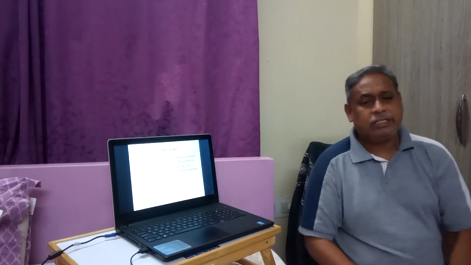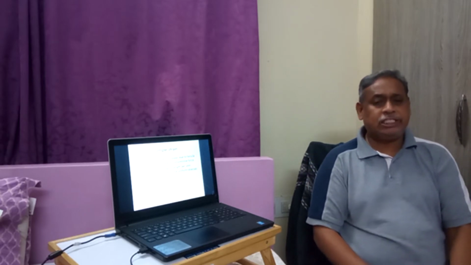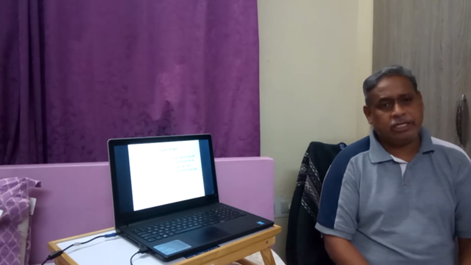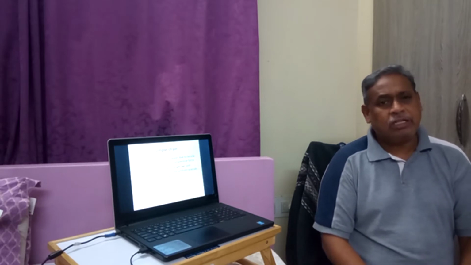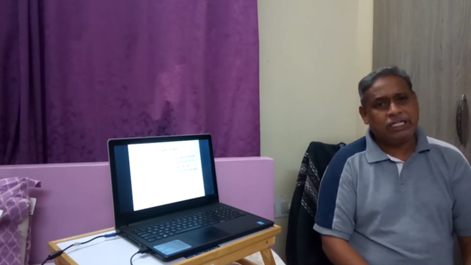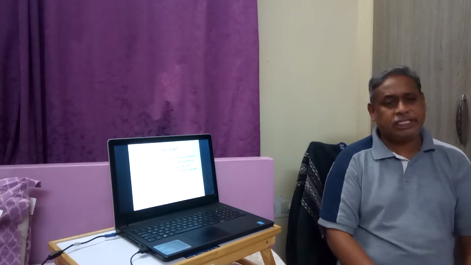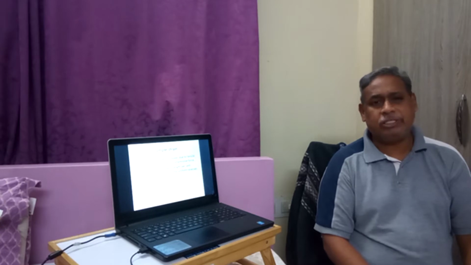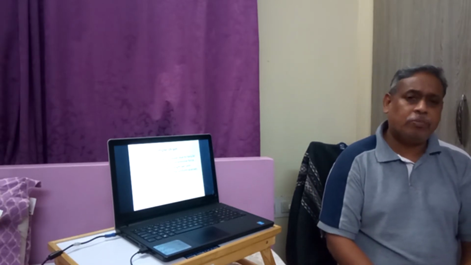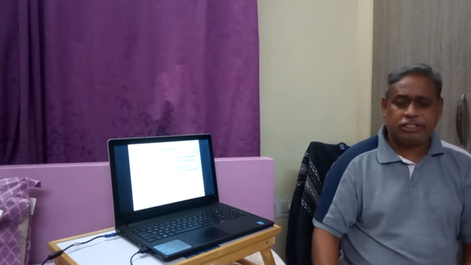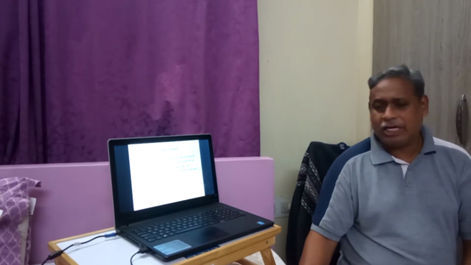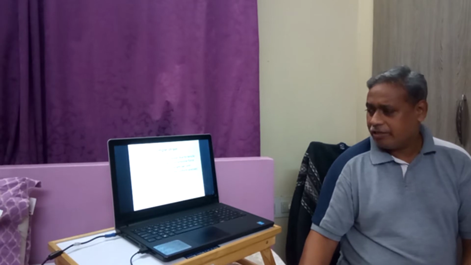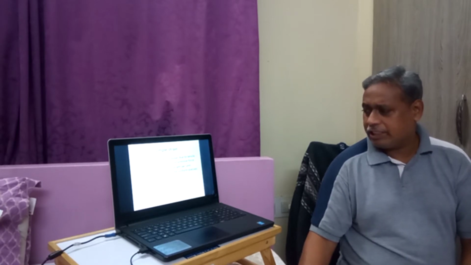When these uniform stresses are on the cross section, then the resulting strain is the change in length. The ratio of the change in length to the original length we call strain. So in the case of simple stresses, the strains will be simple strains. That strain we denote by epsilon, which is equal to delta L by L. Let us say this is epsilon.